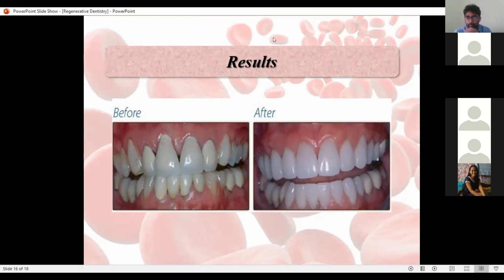We have 10 minutes. Do you have more questions for us? In the case of chronic periodontal diseases, we can treat the patient twice, with a duration between sittings. If you treat the patient today and you feel the healing is not progressive and not up to the mark, you can do a second sitting in very severe cases. Instead of one sitting, you can do two sittings of PRP with the traditional treatments.